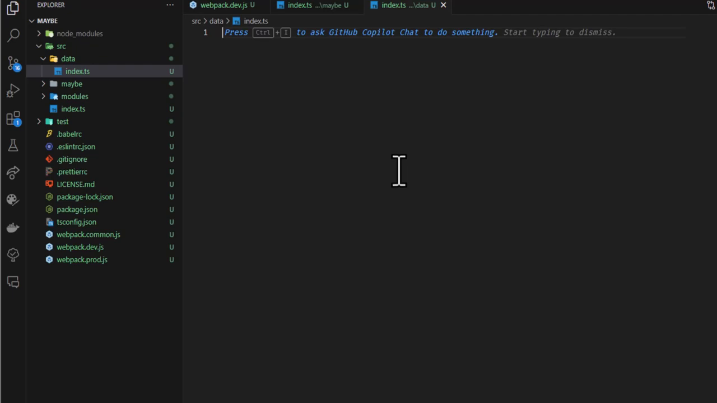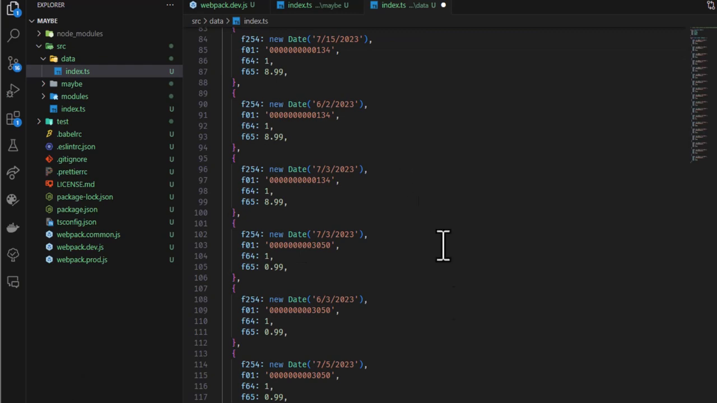So I'm going to put the link of the gist in the description below, and then I'll also put it right here. But it'd be easier to get it from the description, and I'm going to grab all this data. Okay, if we look at this data real quick,